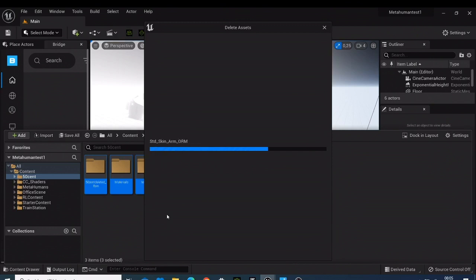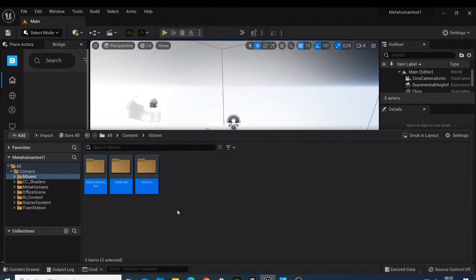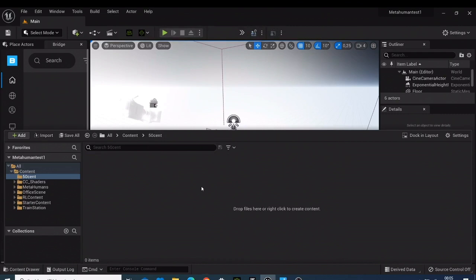So it's almost done. Just, are you sure you want to delete? Say yes. And now you have your empty. So just click, go to import, and then have this one import 50% head to